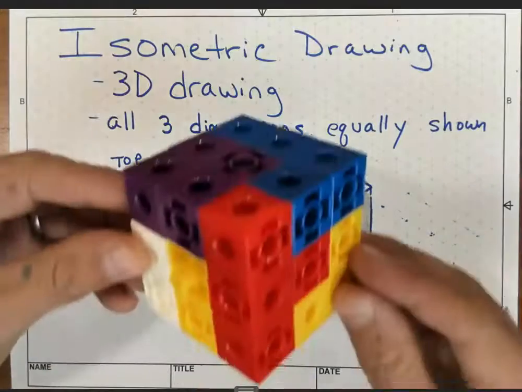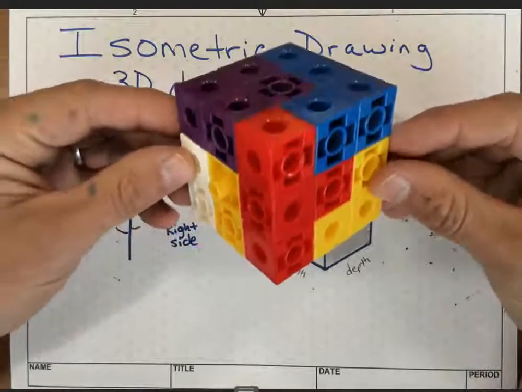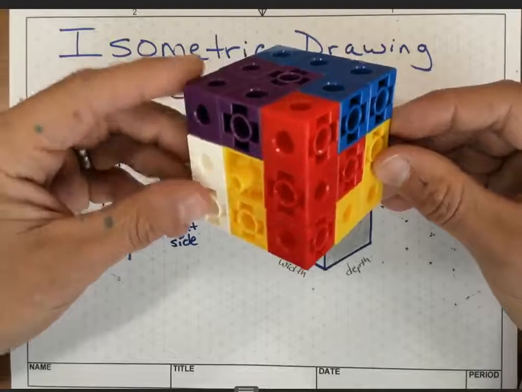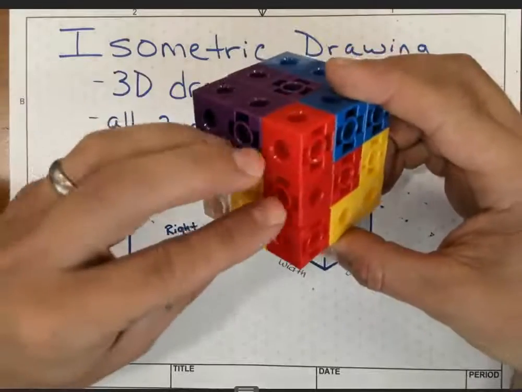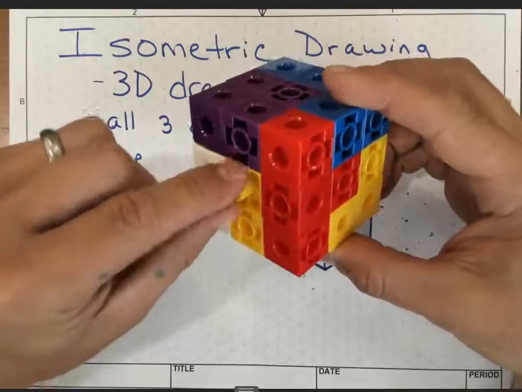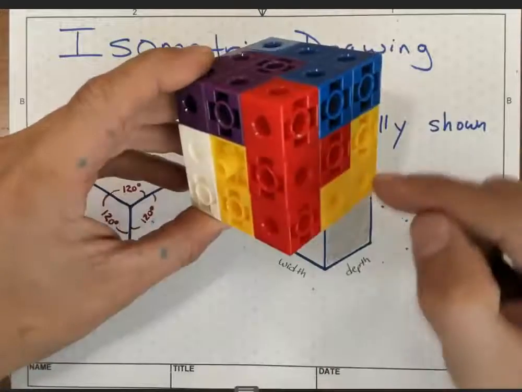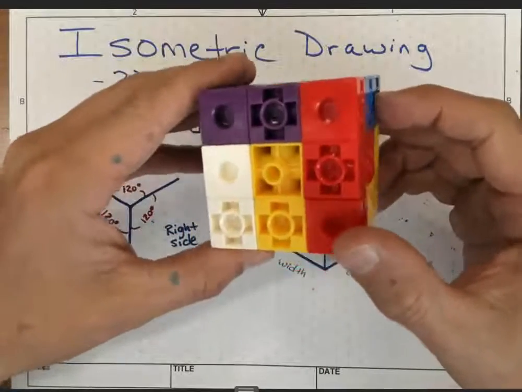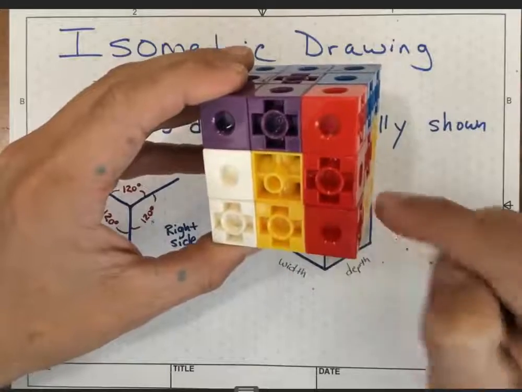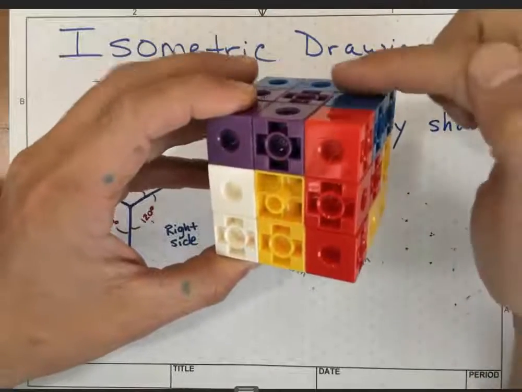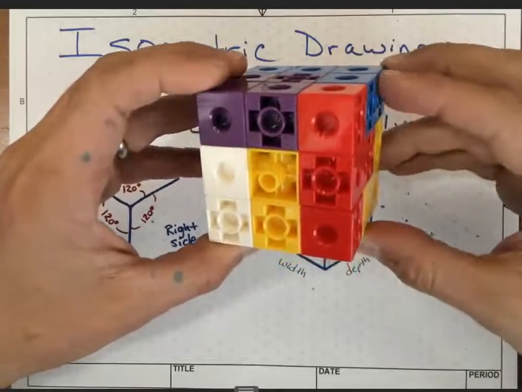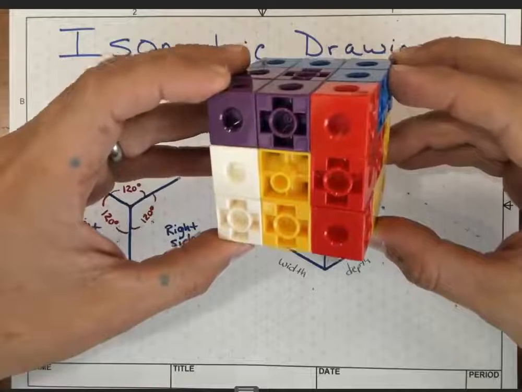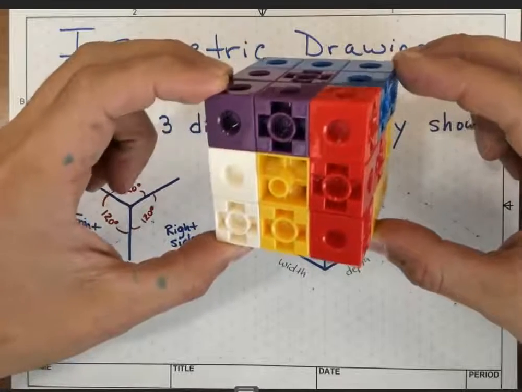Well, let's look at this cube right here. And notice that I'm holding it in an orientation that you can see three different faces. I'll call this the front face with this little point sticking out. So we'll call that the front. This will be the right side. It's to the right. And we'll call this the top. So you're kind of holding it where you can see the front. Right now you can kind of see the right side. You can see the top, right? But what face is predominantly facing you as I hold this cube and present it to you in this orientation